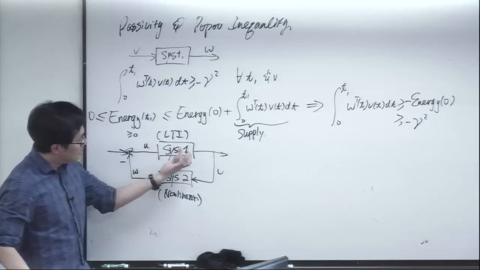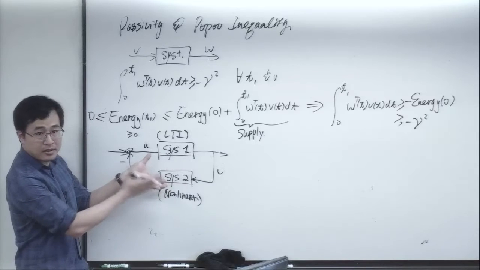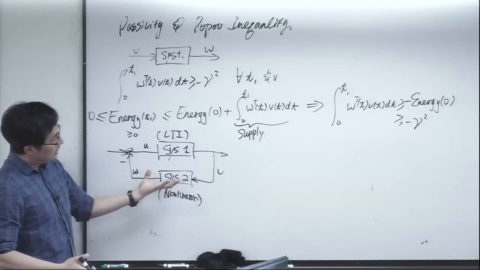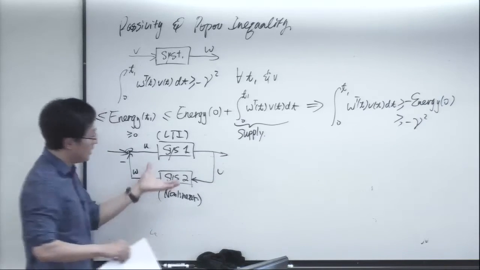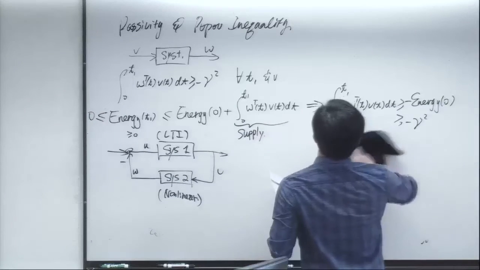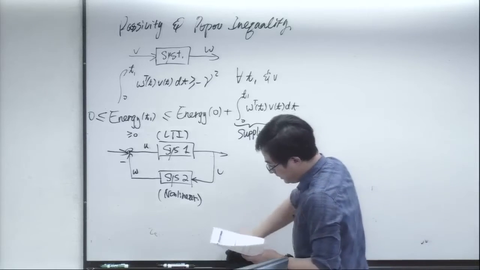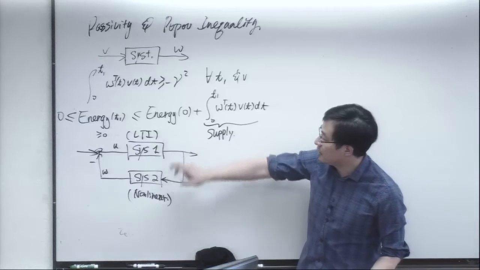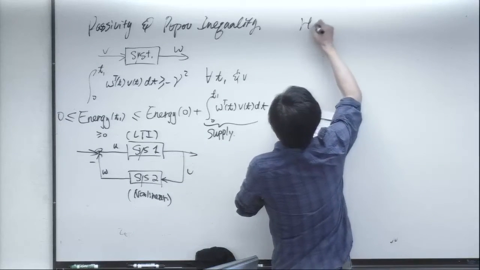And if both of them are passive, then from our example last time, the whole system is going to be passive. And if one of them is strictly passive, then we can have a stronger condition related to stability. So let's state this key concept first and then talk about how to discuss the passivity for the bottom and the top part. The hyperstability theory